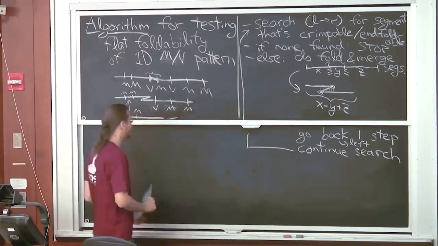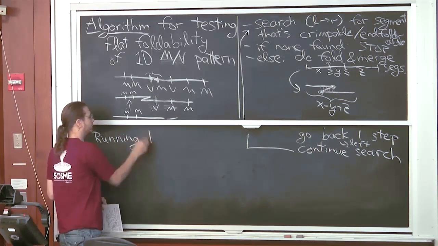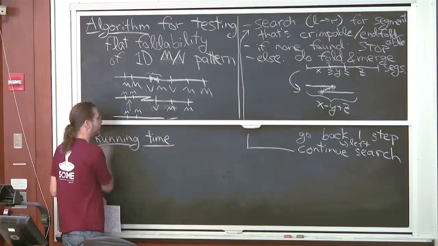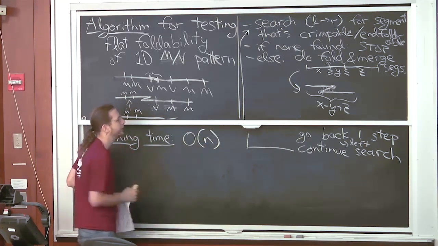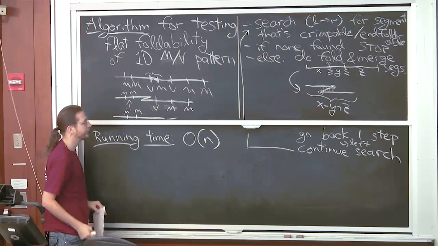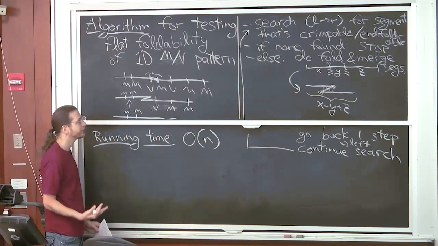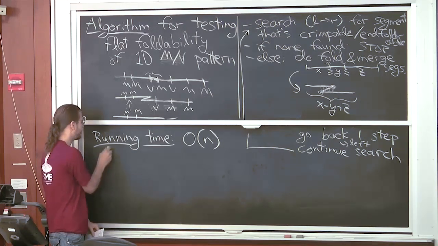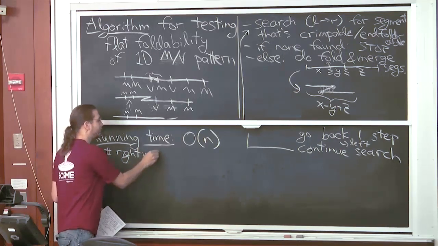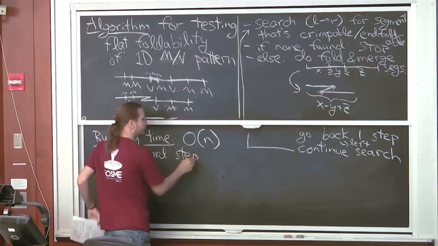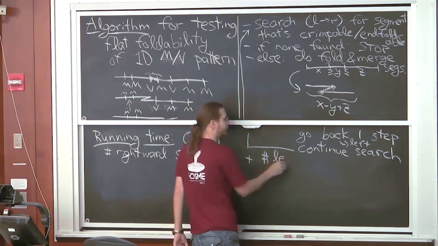Okay, but the reason I'm doing this fast resume of the search, continuing the search from one step to the left, is because we get a good running time. I'm going to use running time notation of order n. This means some constant times n. We don't really care what the constant is, but the growth is linear in the number of creases, that's n. And the reason it's linear is that the number of rightward steps that we make is going to be equal to n plus the number of leftward steps.